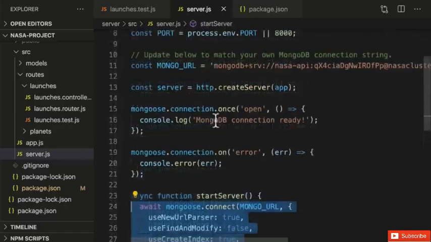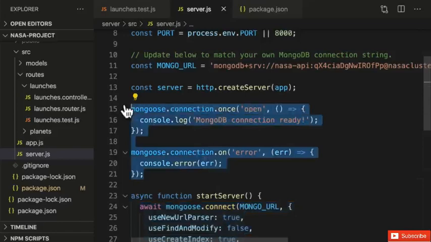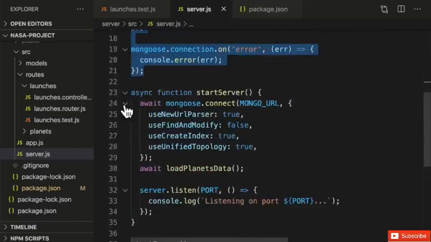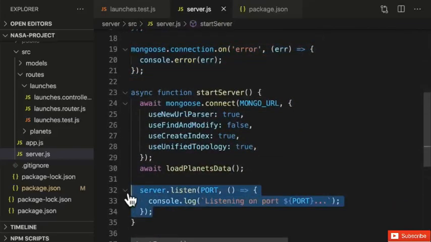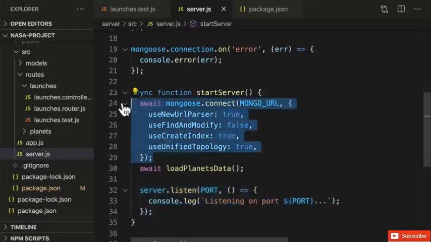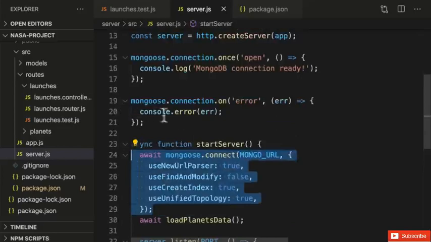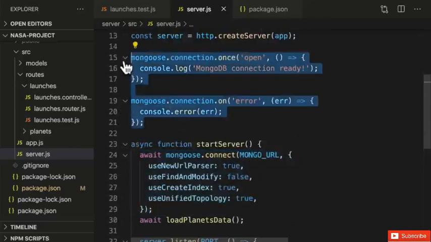Plus, our server code here is a little bit messy right now. We have this Mongoose code next to all of our server code. I have an idea. Let's move our connect function and our Mongoose event listeners to a file